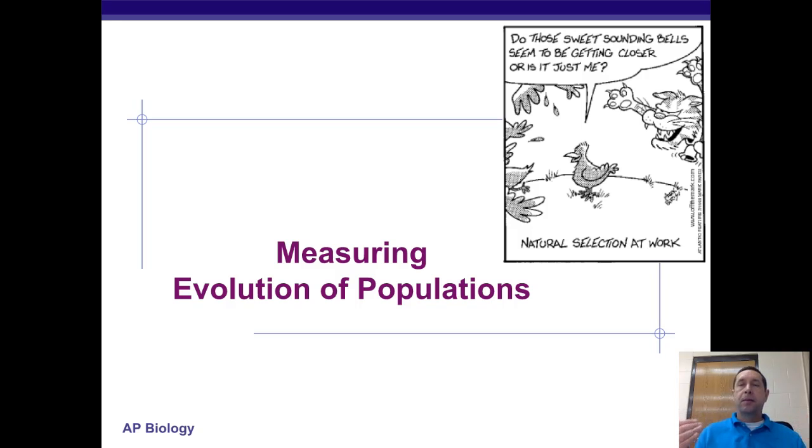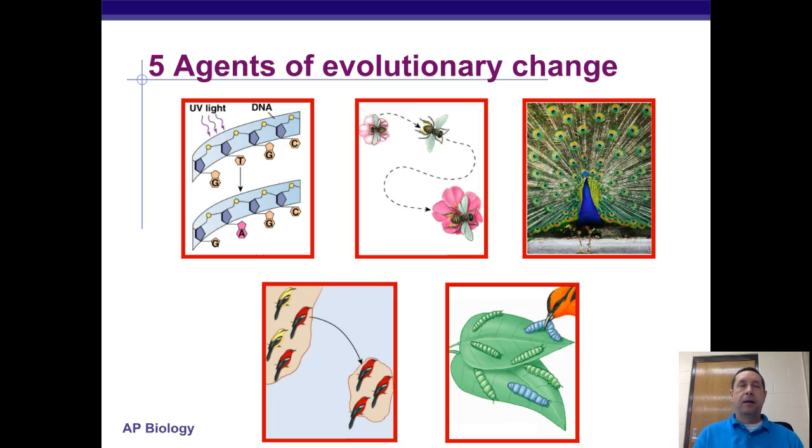In this video, we're going to talk a little bit about how we can measure evolution within populations. For a long time, you could look at populations over time and say, yeah, they're changing, but there really wasn't a way to measure that until two guys worked together to develop something called the Hardy-Weinberg equilibrium and the corresponding equations. So again, just a reminder, our 5 agents of evolutionary change are mutation,